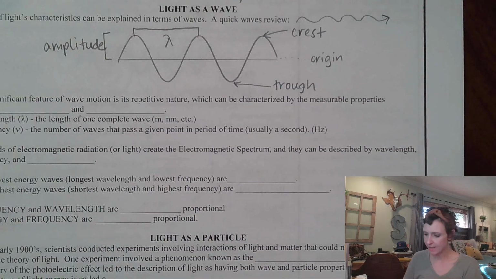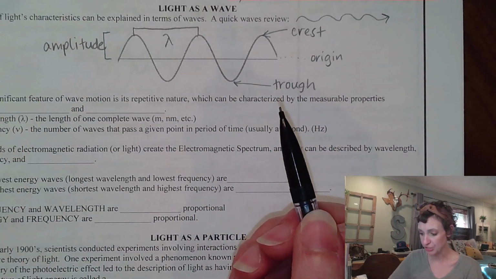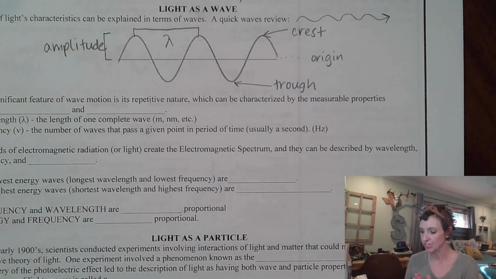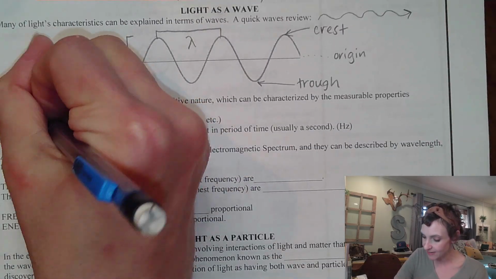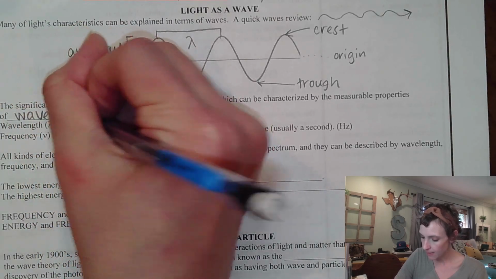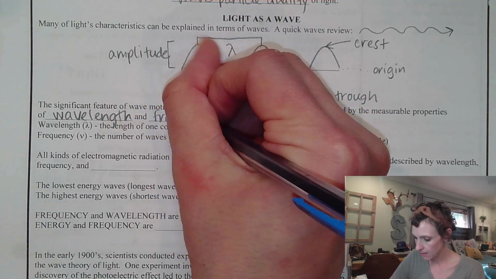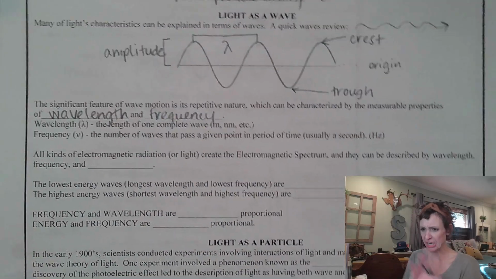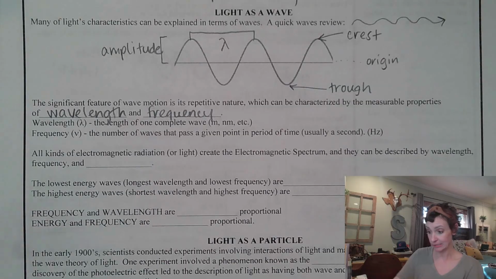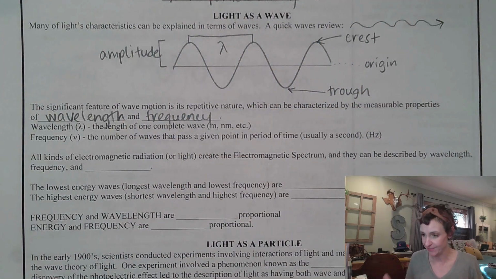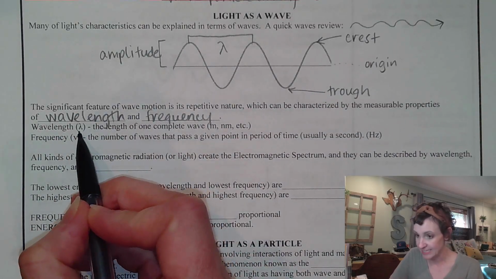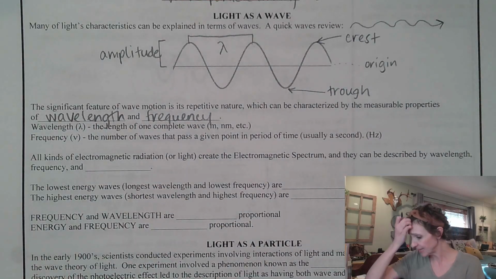Okay, so now it says the significant feature of wave motion is its repetitive nature, which can be characterized by the measurable properties of wavelength and frequency. Okay. So let's talk about these terms, wavelength and frequency. We talked about wavelength over here. It's something you can more visually see. Frequency is a little bit more abstract, but the two kind of go hand in hand to where they make sense together. So the wavelength, once again, the symbol is this cute little lambda,